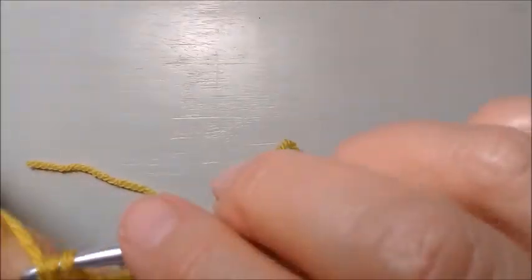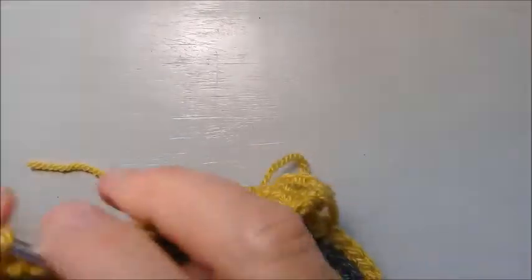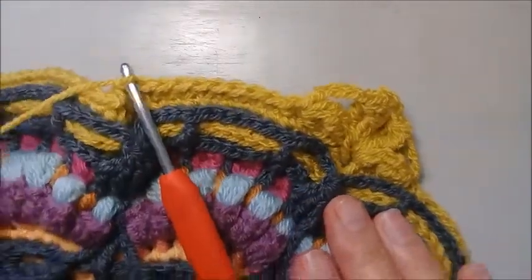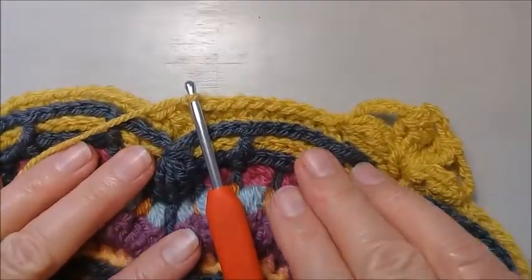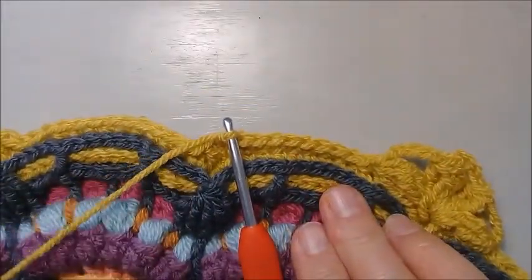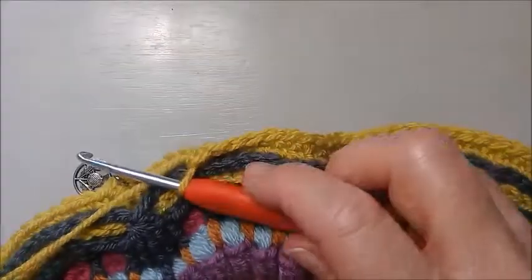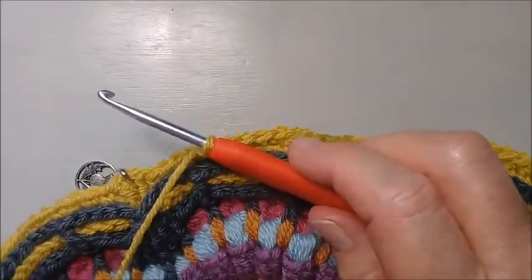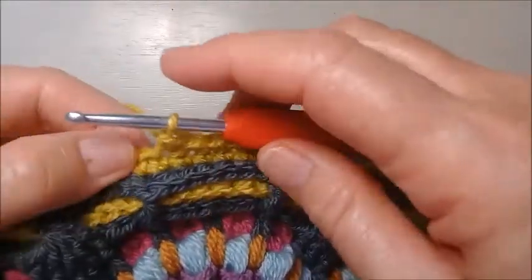So now I'm going to meet you at the corner just before we start the other corner. Okay, so just complete your single crochets. You're going to do 50 single crochets, and then that's where I'll meet you. Okay, so I have done my 50 single crochets, and now